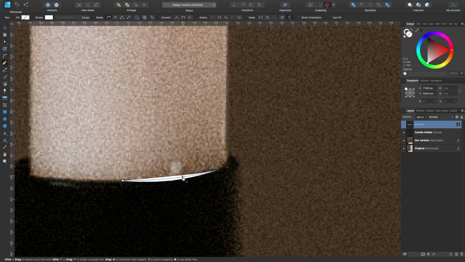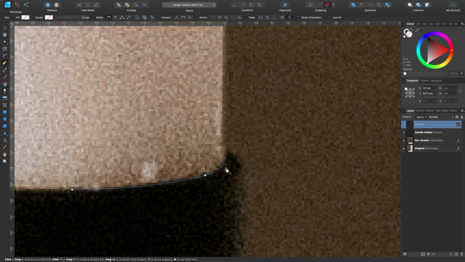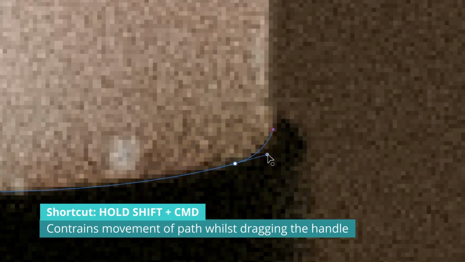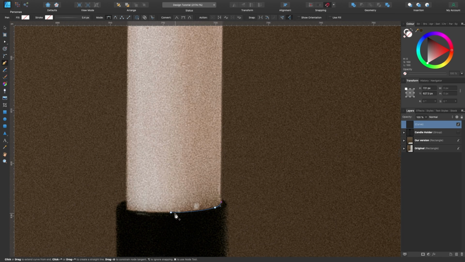We've still got our stroke on, so I'll just get rid of that. Click off of stroke. And now I'll just select this one again whilst holding Command to go to the node tool. Click on that. All right, we can start from here again. And I'll probably just click to about there. And whilst holding down Shift and Command, I can move this without it affecting too many other things. If I didn't hold those two down, it would just be like this when I'm moving it. So I'm holding Command and Shift like that, and I will go up and we'll go around and meet it back on this point here.